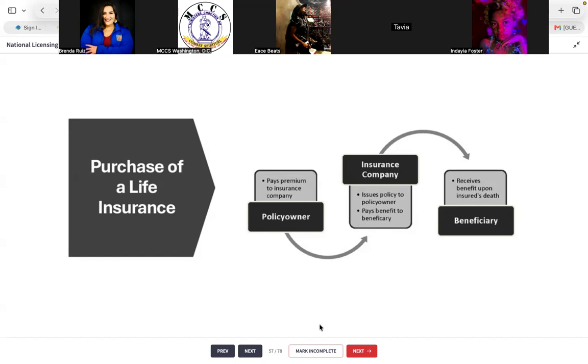But what happens if, let's say, your upline passes away before you? Then your case will be reassigned to somebody else. So ultimately, someone will be there to fill out your report. If you are your own agent, it's going to be kind of hard for that to happen. So I don't advise that. Now, if you don't have insurance, like I said, definitely go talk to your upline. Whoever recruited you, they got you. They got your back.